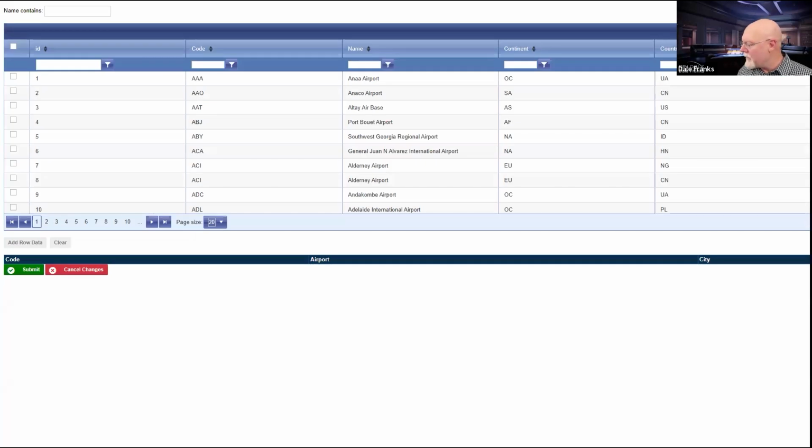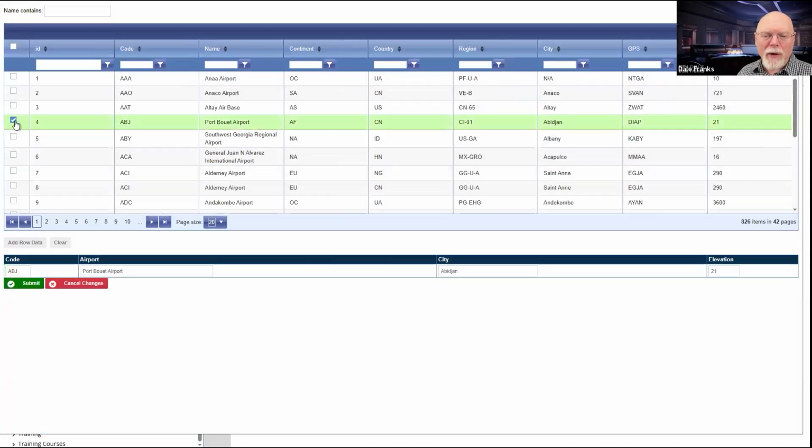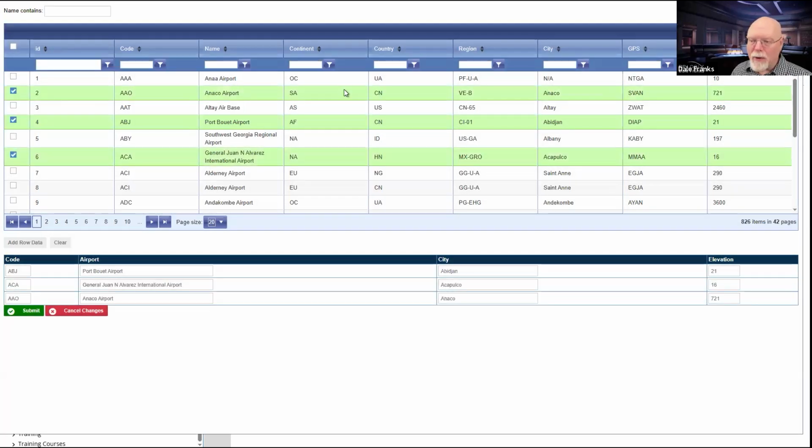Now, the way that I have this form set up now, and the way that you had to set it up prior to now, or maybe I saved it. I don't remember whether I saved it or not. I did save it. So what used to happen, because I've saved it, it now works. What used to happen was up here at the top, you would put a checkbox, and whenever you put a checkbox in, it would highlight all of the items that you had selected. And then I had this add row data button, and I've done this demo in this exact webinar in the past. And you would click add row data, and when you did, that was when the data would be added.